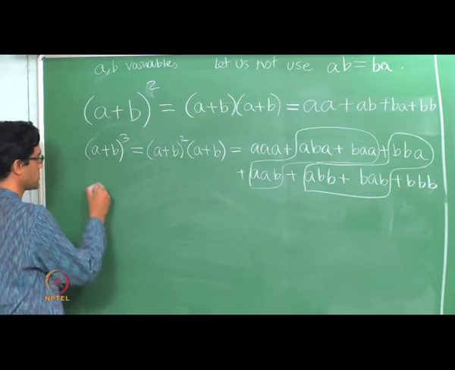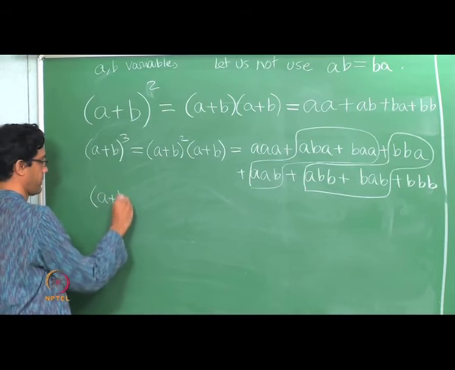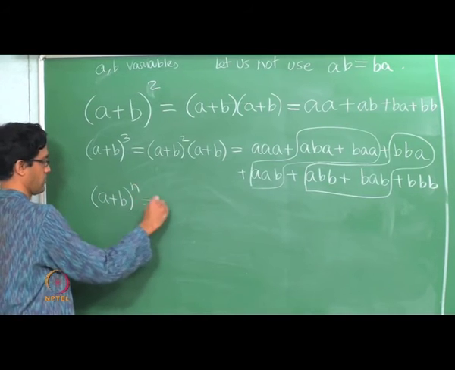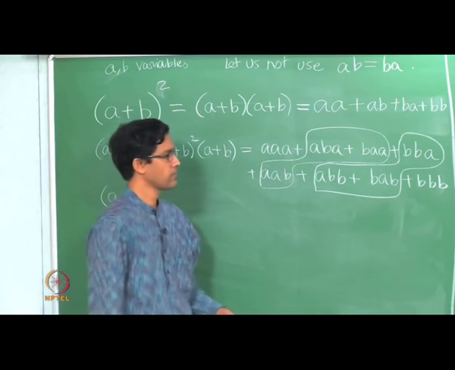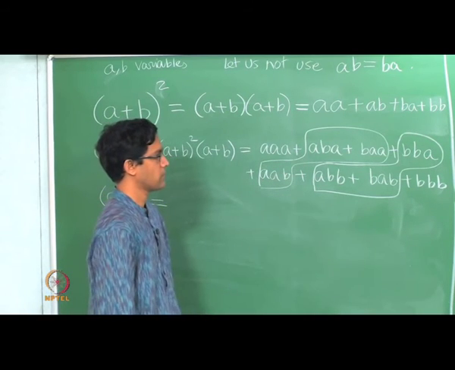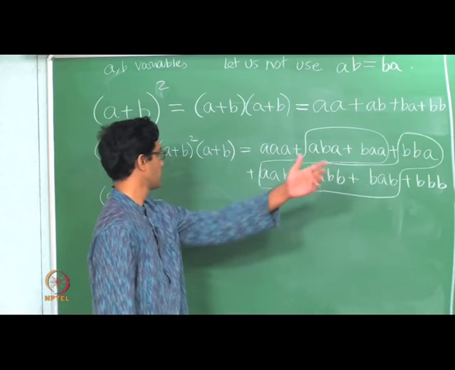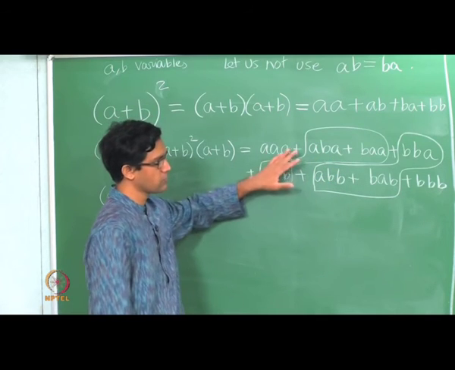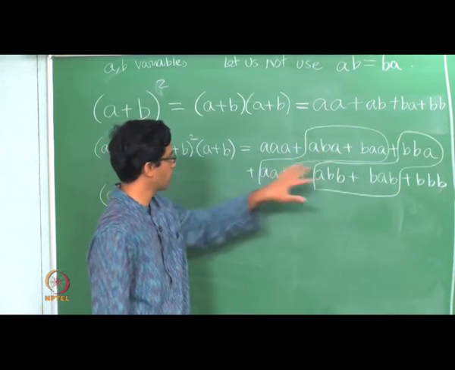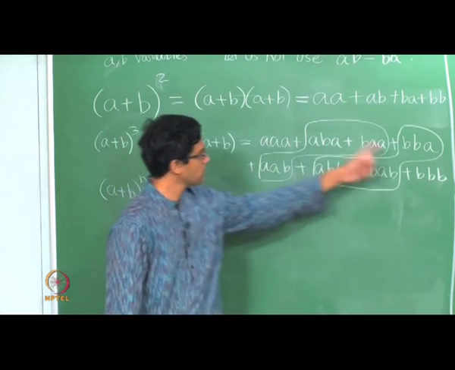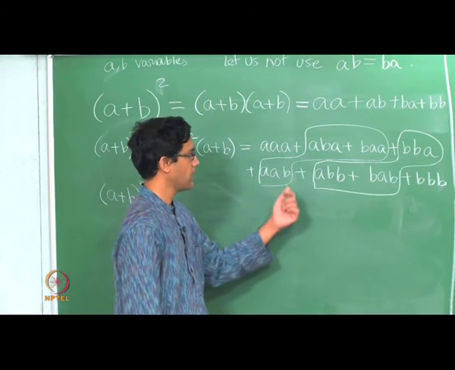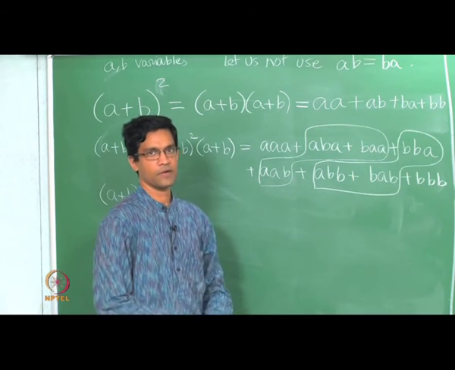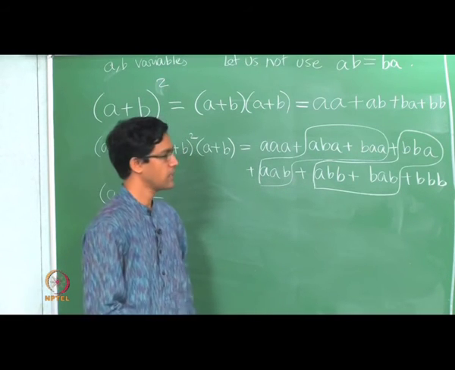So observe, this is suggesting the following thing. I just wrote out all the words there with 2 A's and 2 B's. So this is not quite that, but it's clear from looking at what we are doing that what I have obtained is all possible words of length 3 in A's and B's. Okay, I have written every possible word of length 3 in A's and B's.